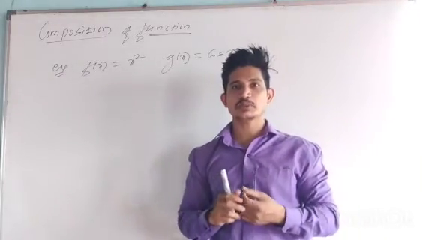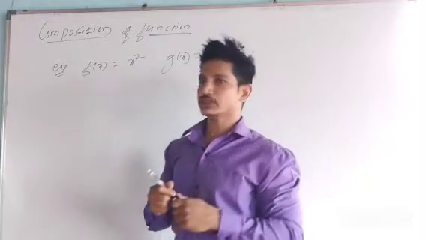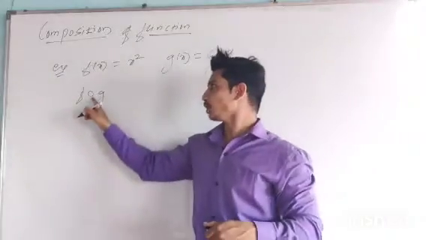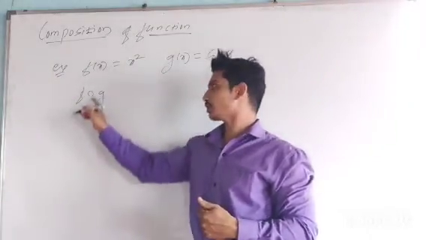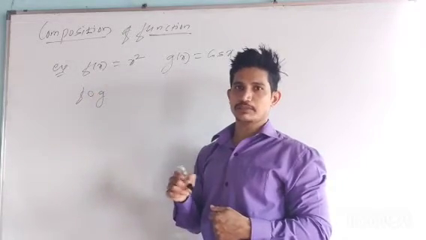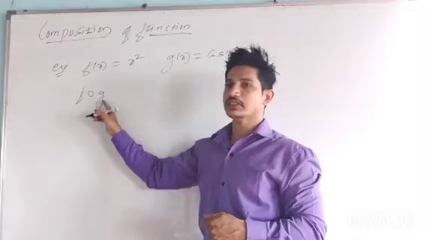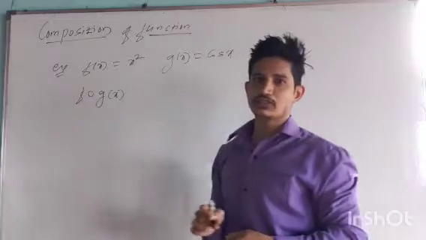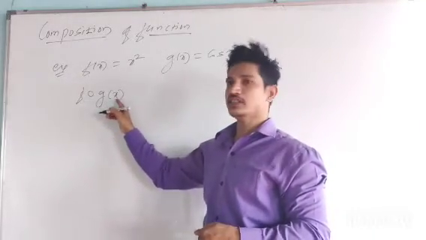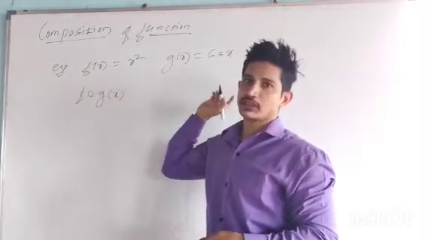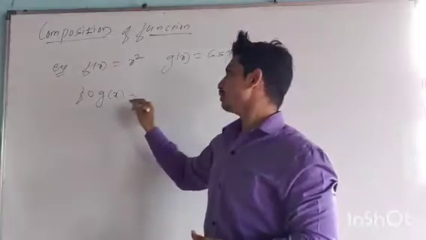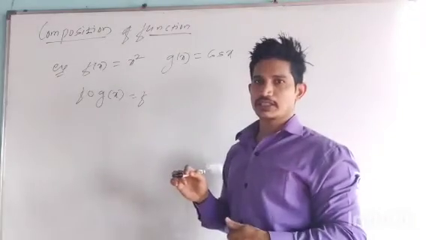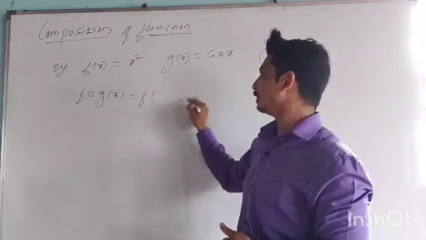Let's do their composition. Okay, so let's see first f composition g. This dot, the small round, is called composition. So f composition g. Which variable is there? For g, x is there. So f composition g is for the x variable, because there is an x variable for g. Now, when you are solving this composition, f you write as it is. Method is, see clearly, f is as it is. In the bracket you write g of x.